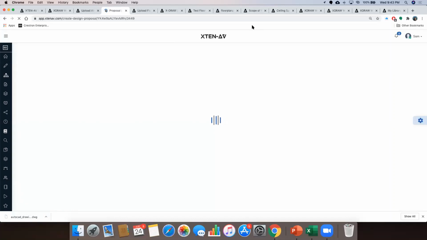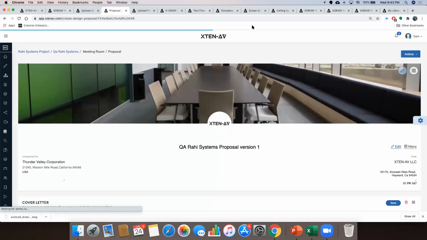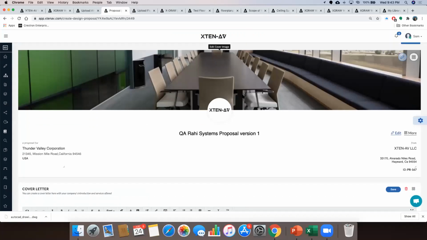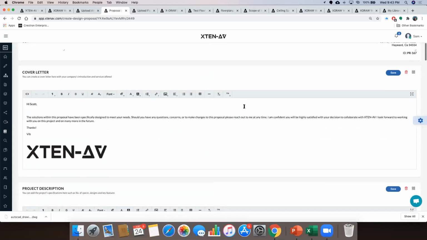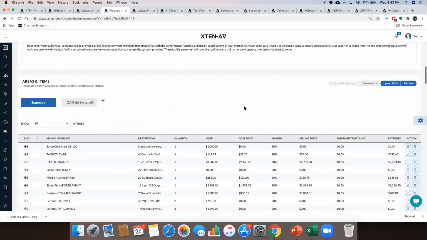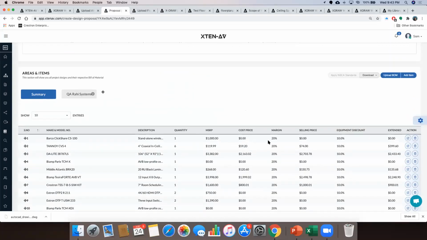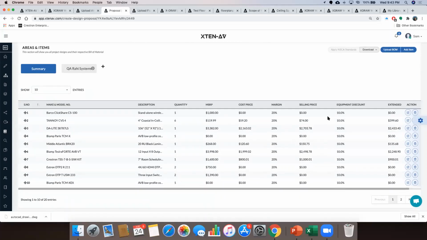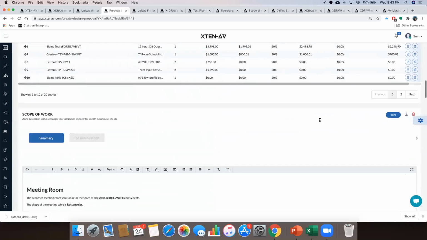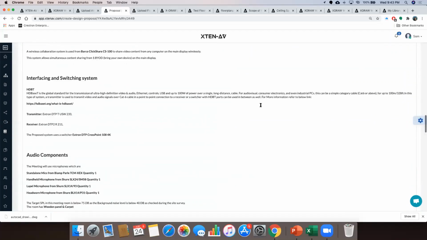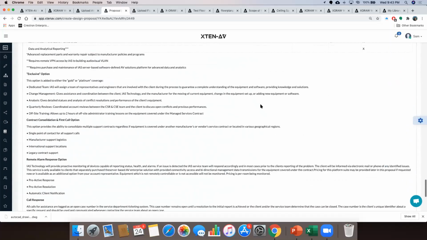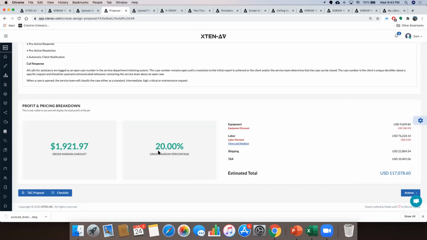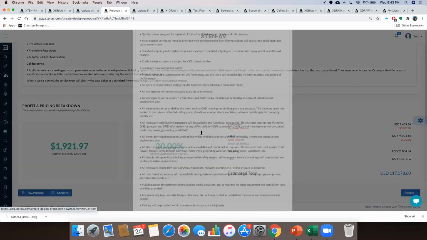So you can create really nice, beautiful proposals in our proposal tool. So this is your cover image, your company logo, and all these things. Your areas and items. You can work in your cost prices. You can select your margins. You can have different sections like scope of work, SLA. Then you get your profit and pricing breakdown. You have terms and conditions sections as well,